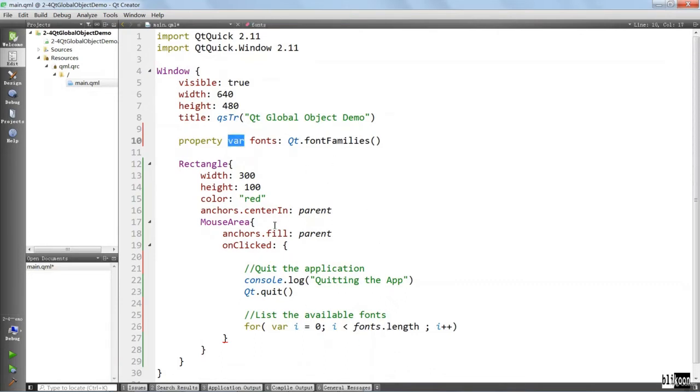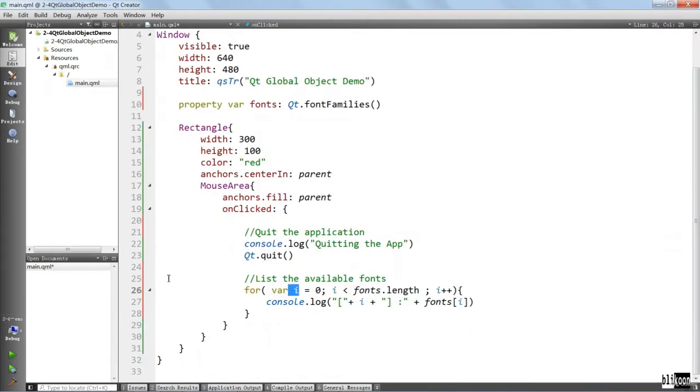There's no way the system would have known that it's an array, but when we call this property, the system is going to check and see if it's available, and if it's available, it's going to call it, and we won't have any problem. So we're going to go inside the body of the loop and say console log. Okay, it's going to show the index in square brackets, and then it's going to say the font that we are dealing with at that particular iteration. Let's run the